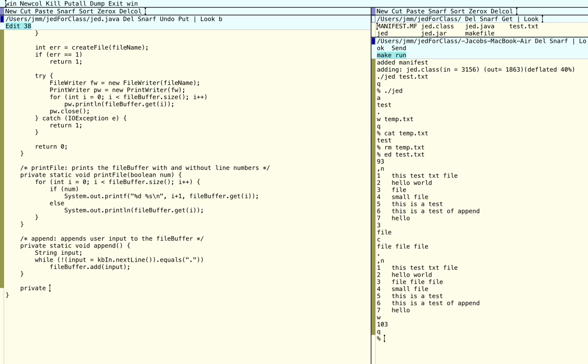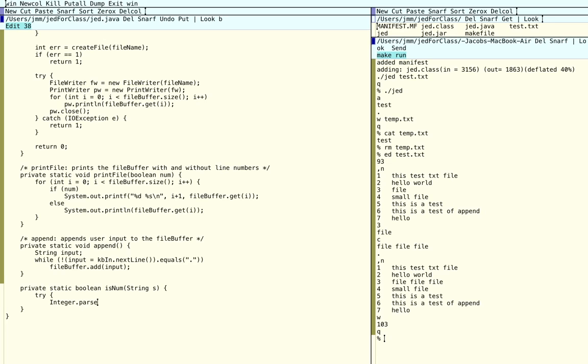Private static boolean isNum, String s, because we have to bring in whatever the string is that's being supplied. And there's probably a better way to do this, but the simplest way I can think of is just trying to convert it